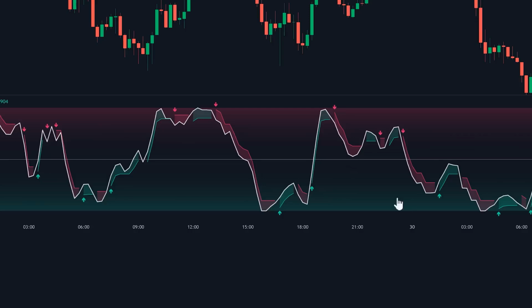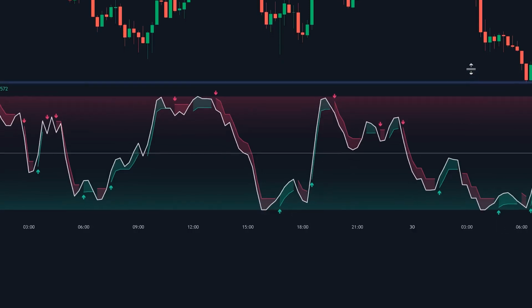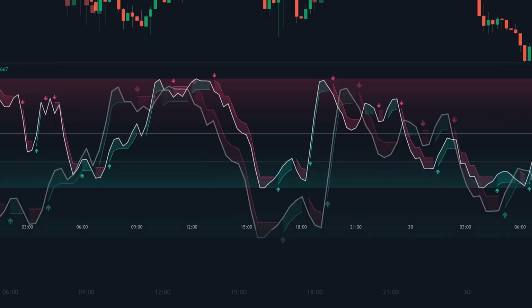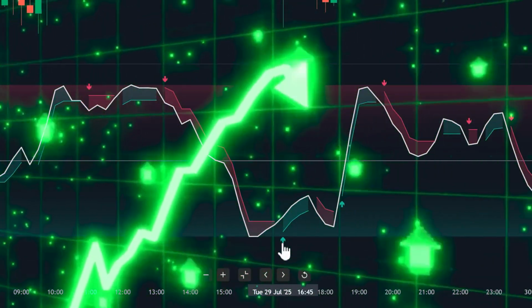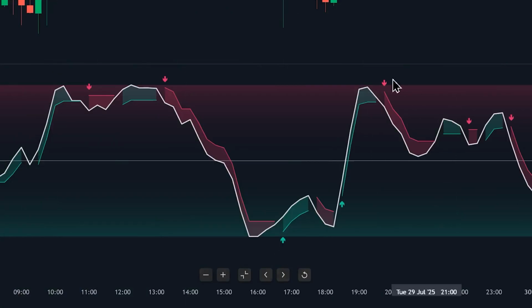Then we have these up and down arrows. These are basically printed whenever the Stochastic RSI and the supertrend crisscross. So when the white Stochastic RSI line crosses above the supertrend, a green arrow is going to be printed to indicate the start of bullish momentum. And of course, the red downward arrows are printed whenever the Stochastic RSI crosses below the supertrend, indicating the beginning